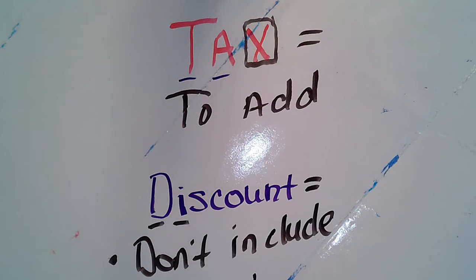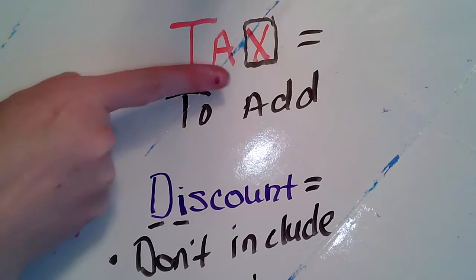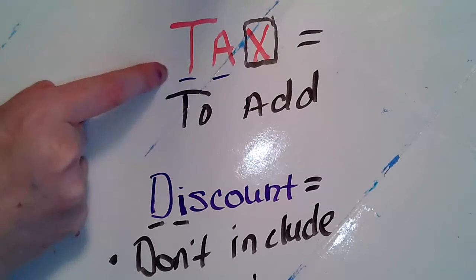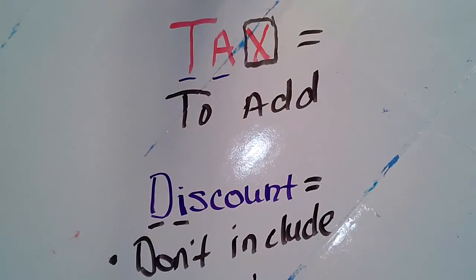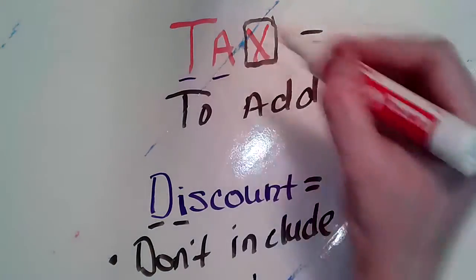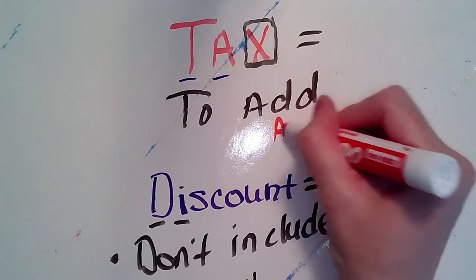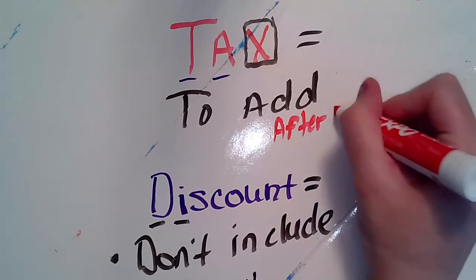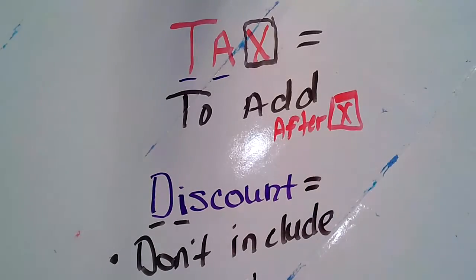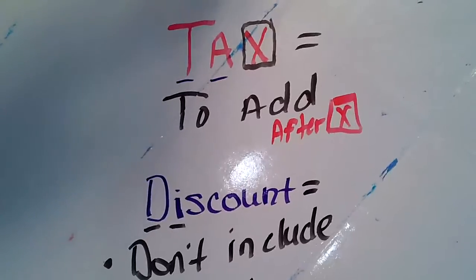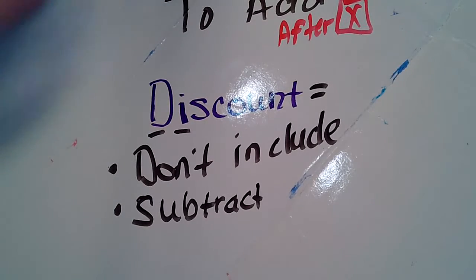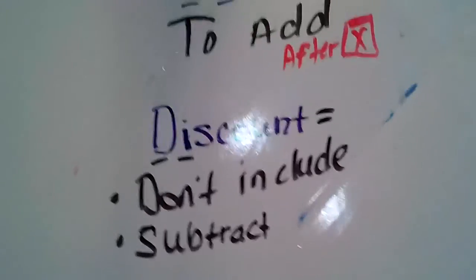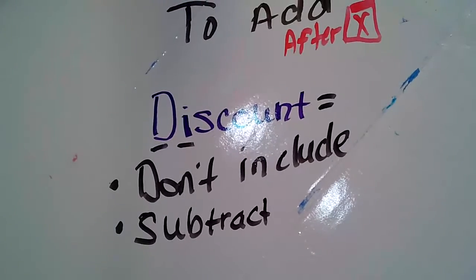And if you notice here for tax, I underlined the T and the A, and it says to add, and I'm going to multiply. So I'm going to add after multiplying. Now discount doesn't have that X, and discount is the opposite of it. So what that typically means for discount is that